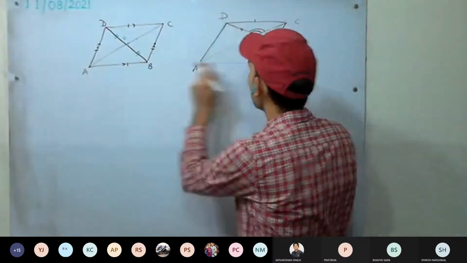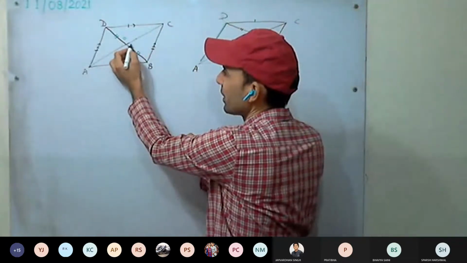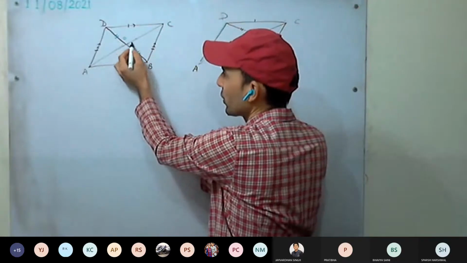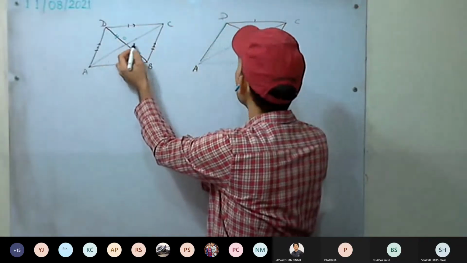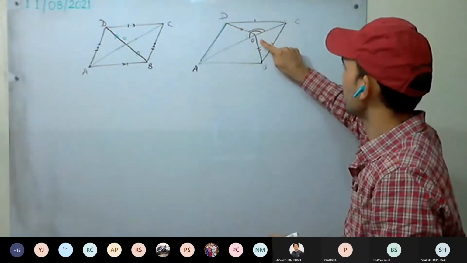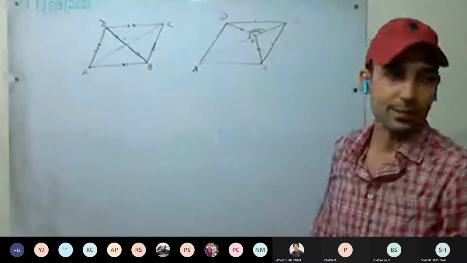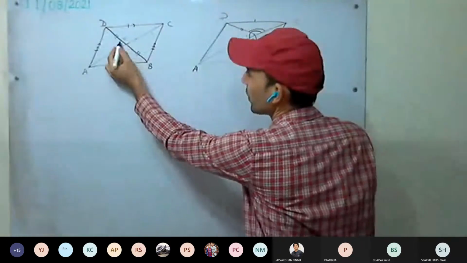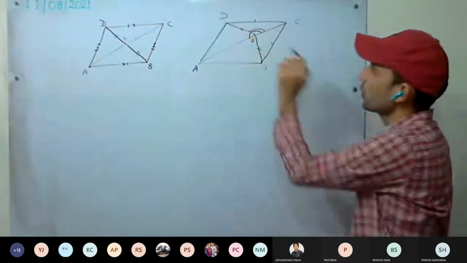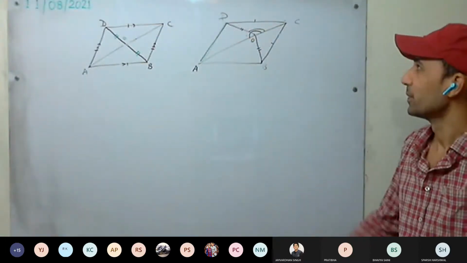It means you have to prove these two angles are. This is better, I think. You may use opposite angles here, but we can't say that because they are not a straight line. You have to prove it should be a straight line. So we cannot take these two angles. Or else what you will do, you will take opposite angles here. We cannot take the opposite angle since we have to prove these two are a straight line. This is a better figure. Yes or no? This one is a better figure.